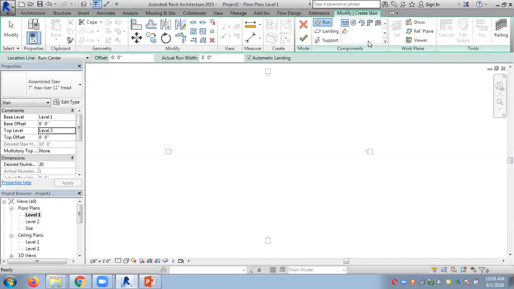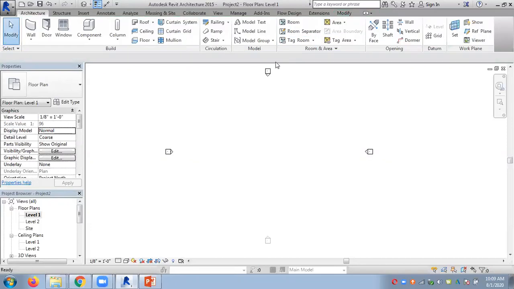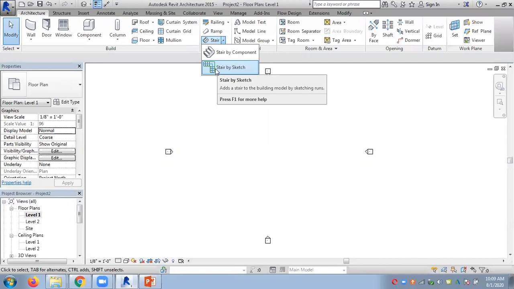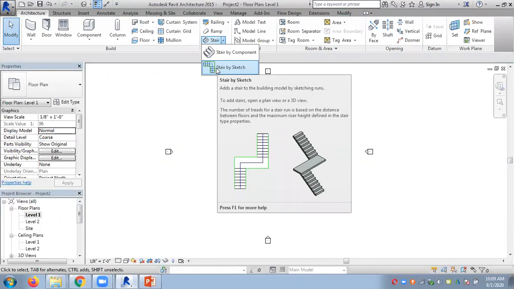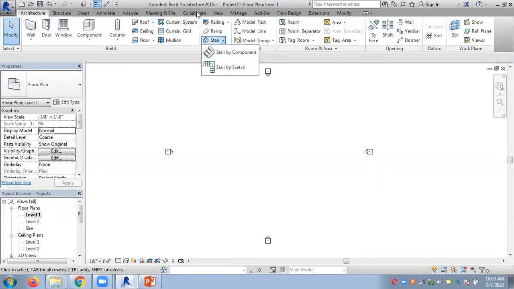Okay. So I will start the other area. If you are okay with this, we will get the stair by sketch tool. Anyone who cannot find this tool in your computer, please tell me. This may not be available on some machines. Better to have an old Revit version also on your computer, then there will be no issues.